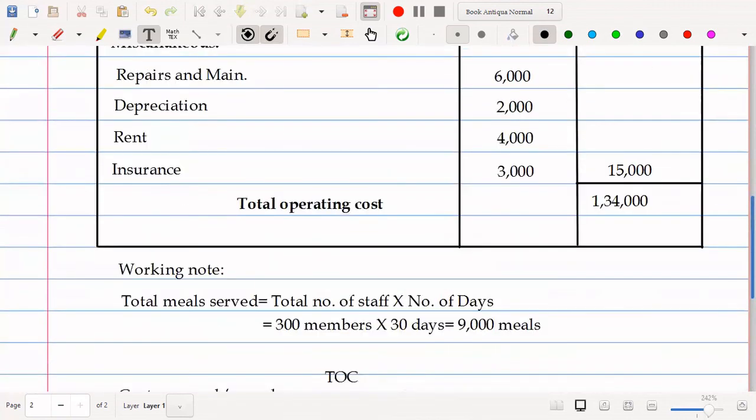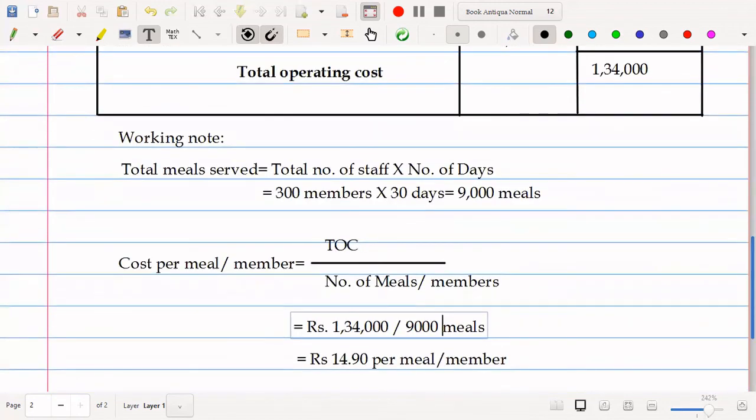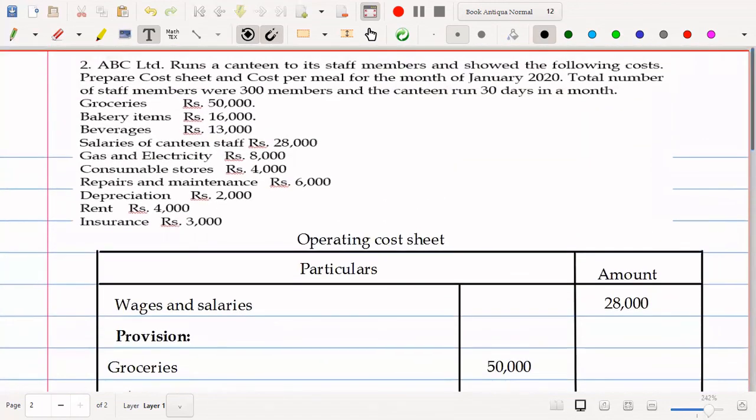So this is how you calculate cost sheet and cost per meal or per member in canteen